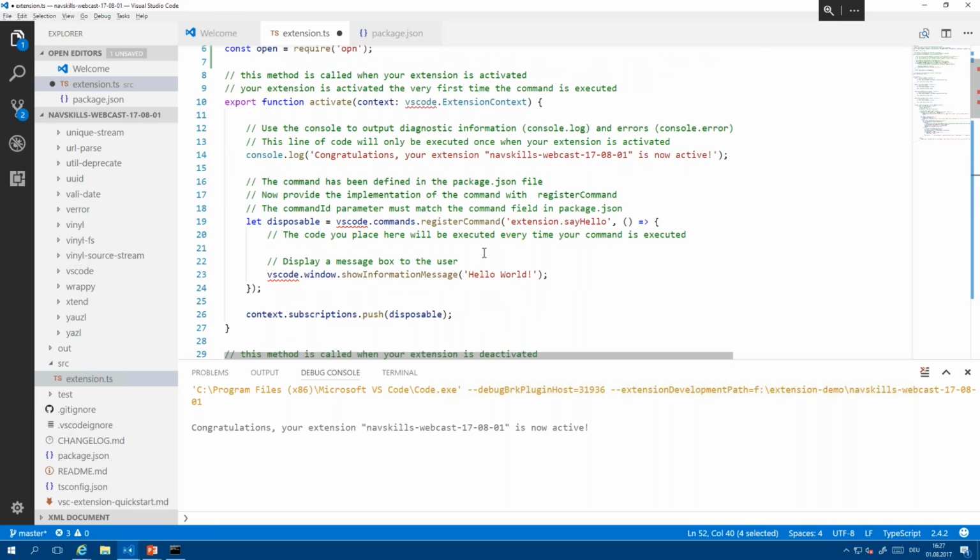Okay, with that in place, we have the actual code. And as you maybe saw, as we run the hello world example, the "Congratulations, your extension is now active" message appeared only after we called the hello world action. This is caused because VS Code is loading extensions lazily. That means that although you might have an extension in place, this doesn't get loaded if you just start VS Code, but it's loaded at some defined points. And that point in that case was when the command was called.